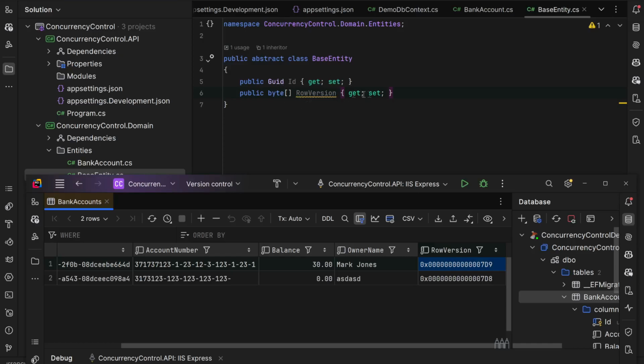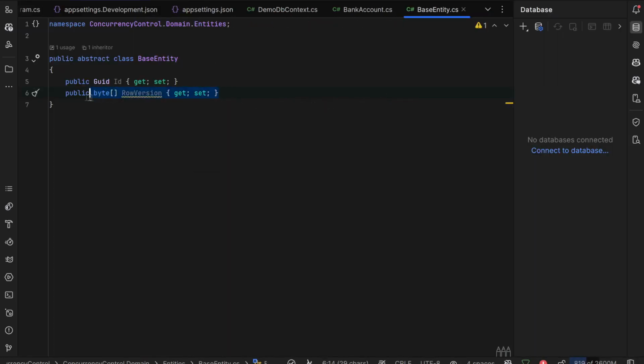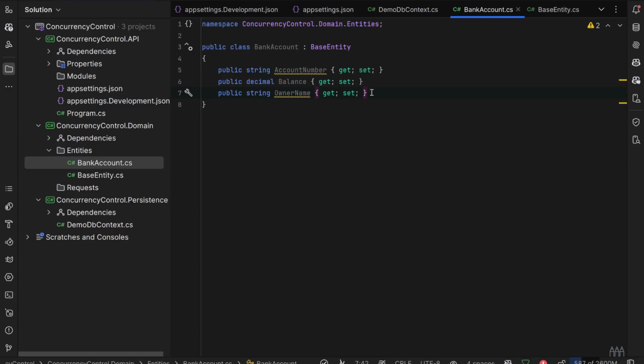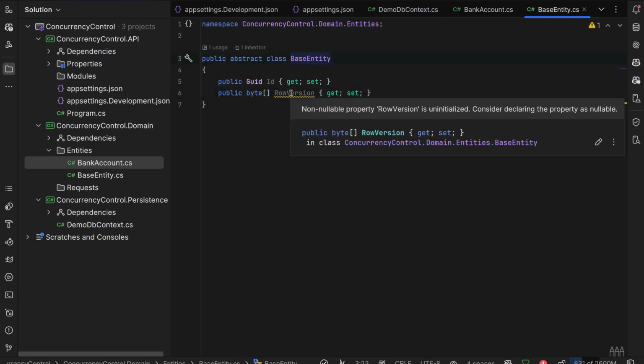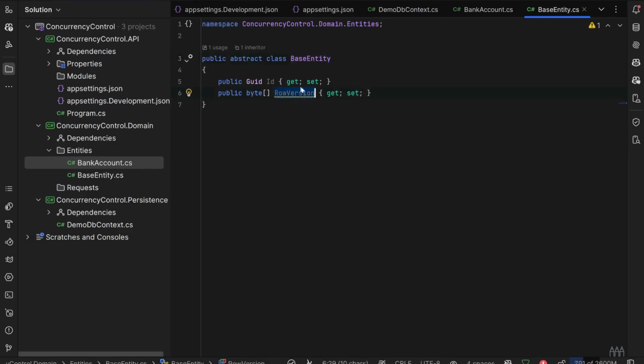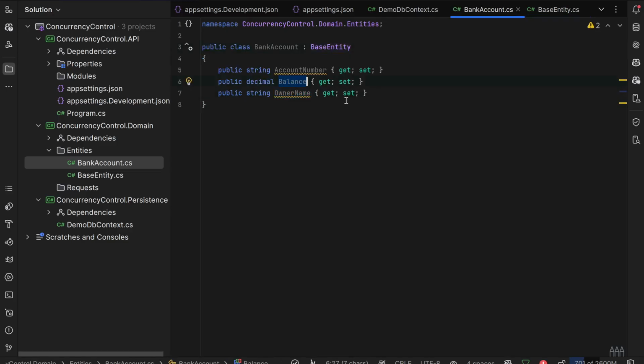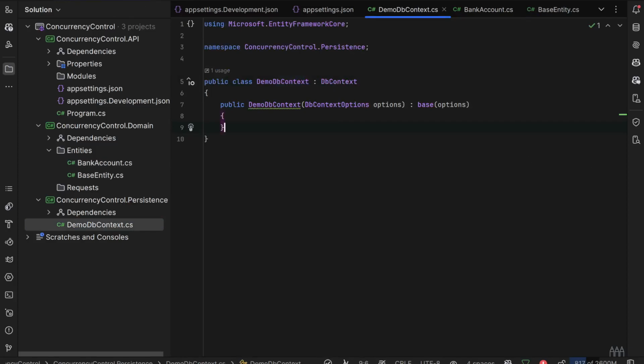So this row version will be handled automatically by the database, and it will allow us to properly handle optimistic concurrency control. And now the very important part: we have to give the instruction for Entity Framework Core to set up this row version as the concurrency token, and also we'll need to set up the constraint for this decimal balance. So we have to go into the DemoDB context and override one method that is called